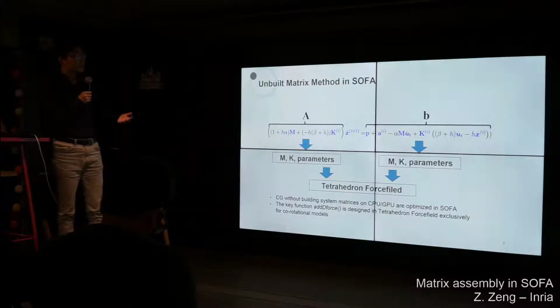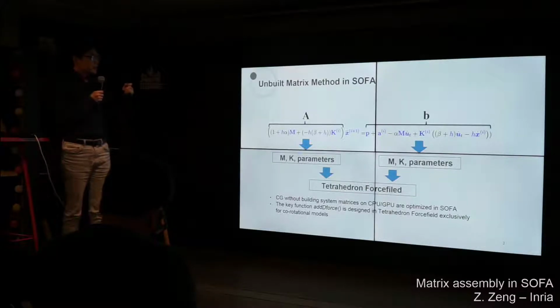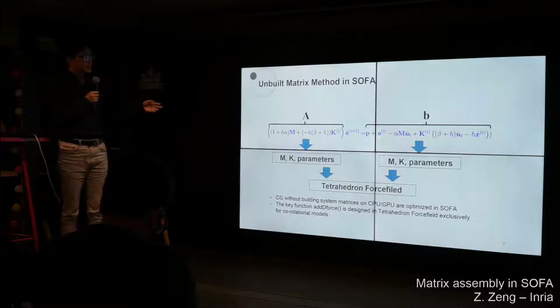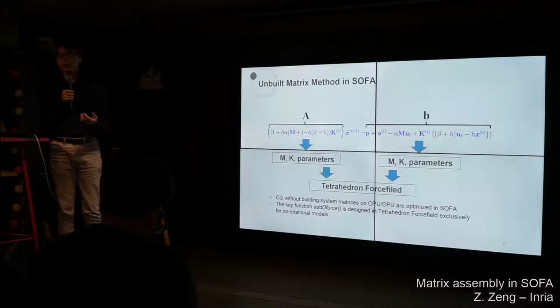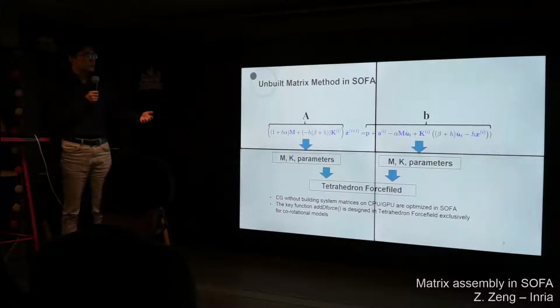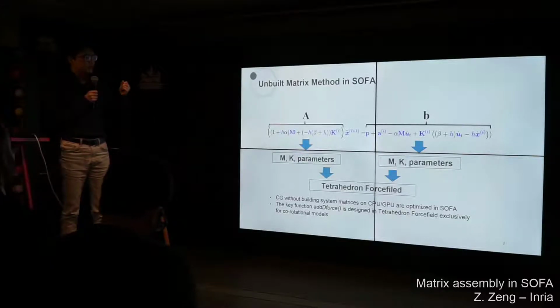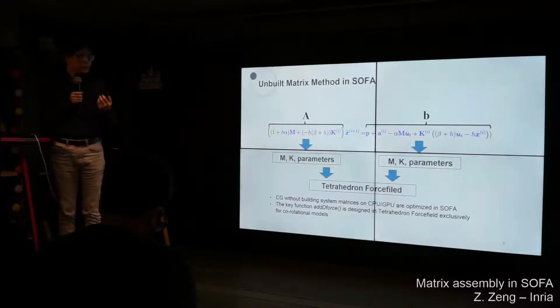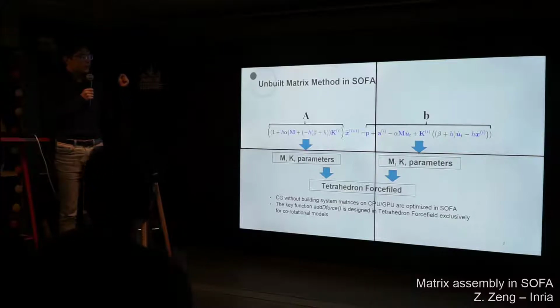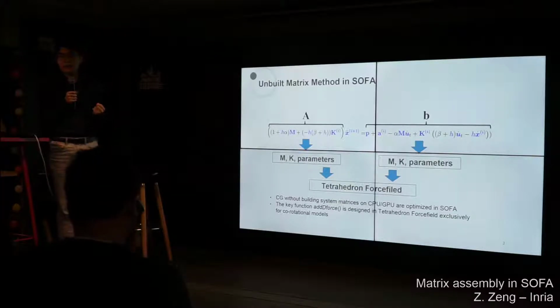That's a familiar equation. In SOFA, a common way to solve this system Ax equals b is the conjugate gradient algorithm. And in SOFA, for now, the fastest way